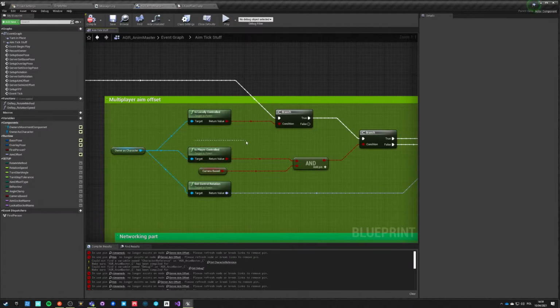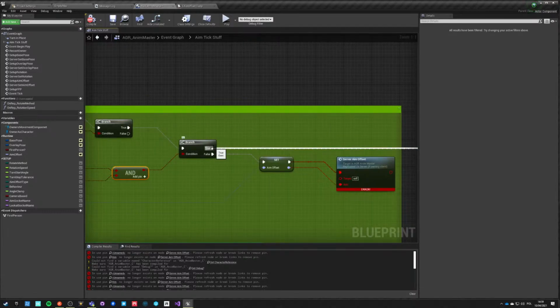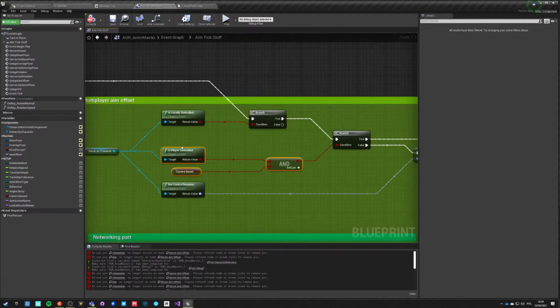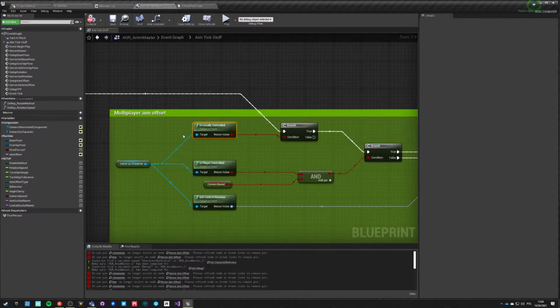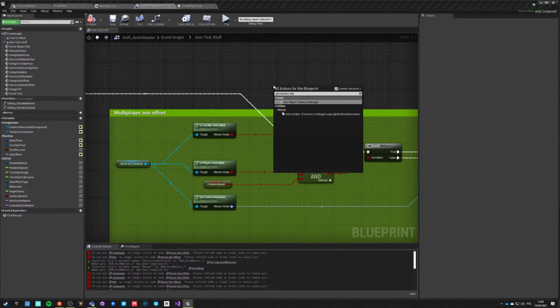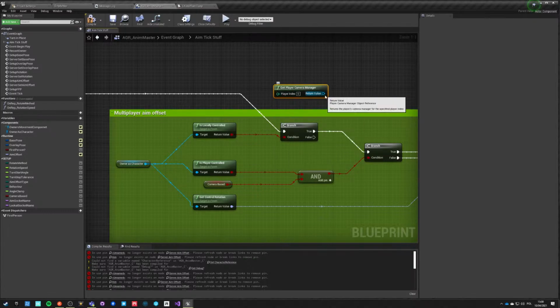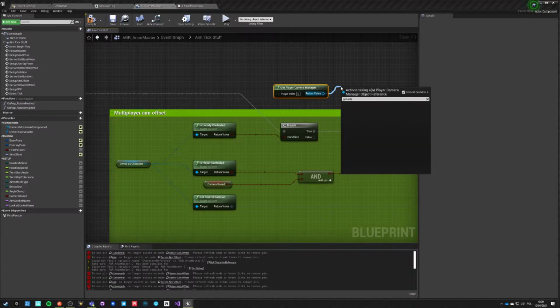Then if the pawn is controller based, and only when the pawn is controller based and camera based, we can do the camera aim offset, because if the pawn is not a player, then it most likely doesn't even have a camera, so it would be really hard to use that. And we already know that it is a local controlled character, so right now we know that it's a local controlled player that is using camera based aim, which means we can just get camera manager, and we can get player index 0 camera manager, and we can get active, get camera,